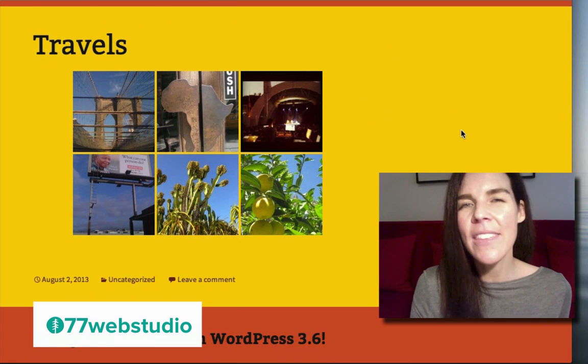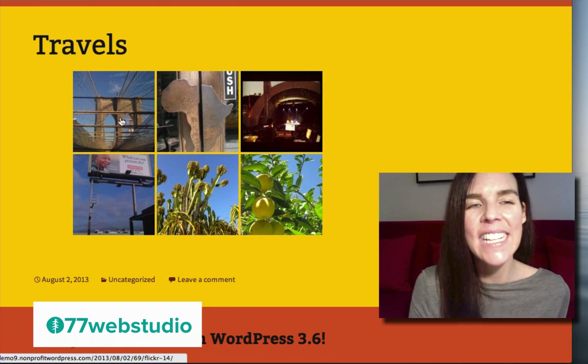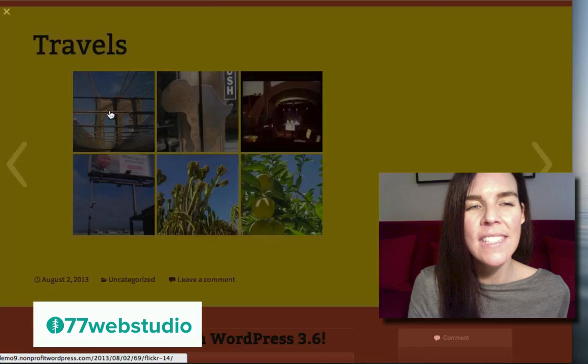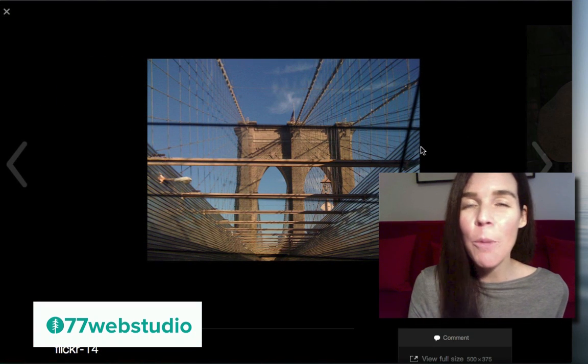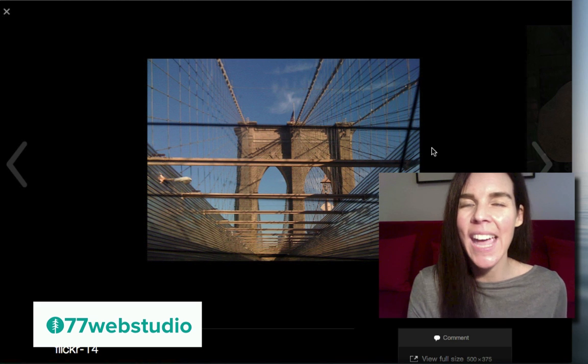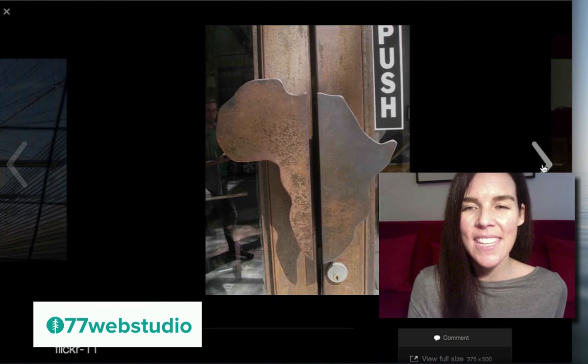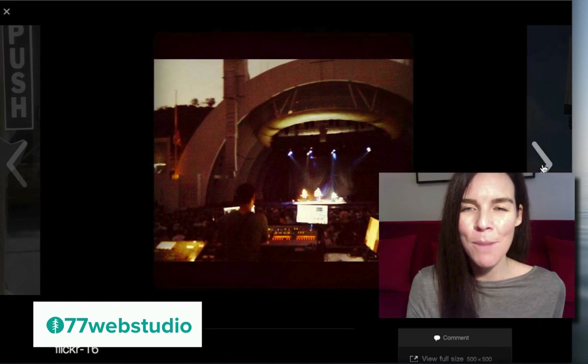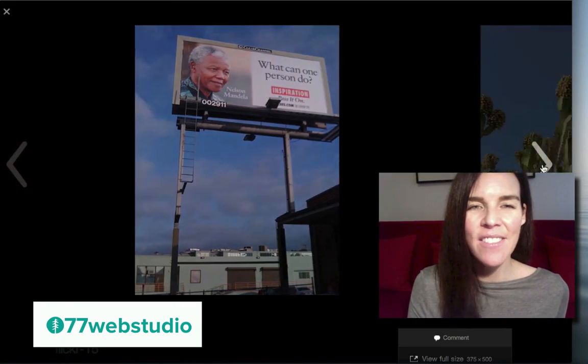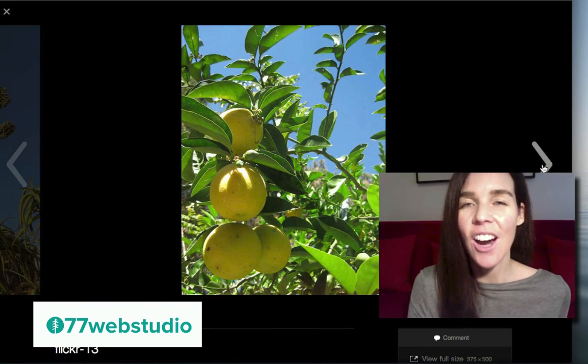And the cool thing about this particular gallery that I've added here is that when you click on each one of these different images, it pops open into a really cool lightbox display that gives a really great way to view all of the different images in your gallery. It just gives a really professional looking layout. So here we see, when you just click on this arrow one by one, each of the different images are displayed in a horizontal row like that.